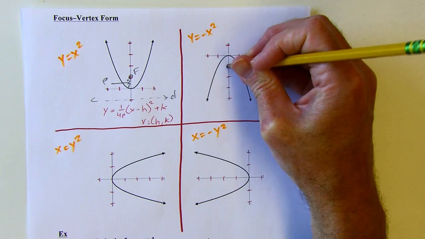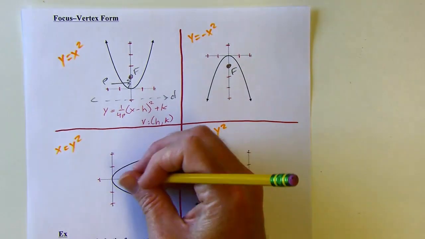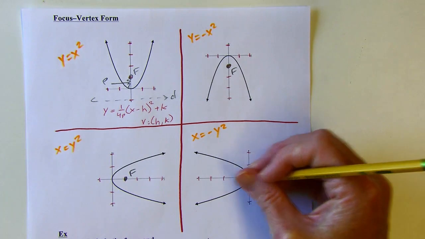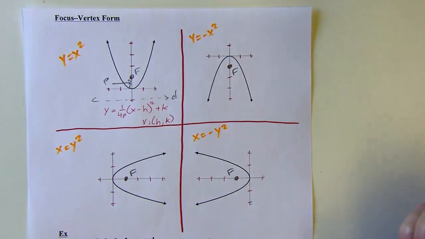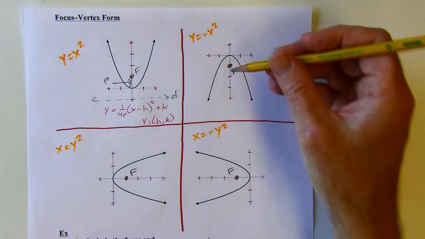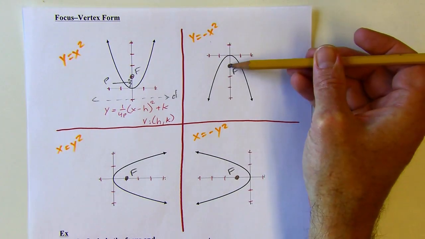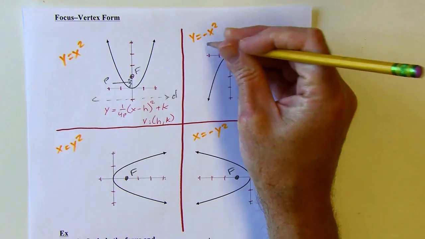So since this one's opening down, I want to put it somewhere in there, okay? This one's going to be somewhere in there, and from the vertex I'm going along the axis of symmetry, and that one will be in there, okay? And then the directrix is going to always be outside of the parabola. So if I'm going from the focus to the vertex, just keep going the same amount, and there's my directrix